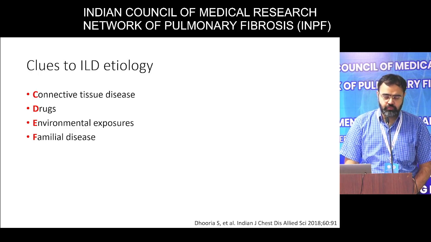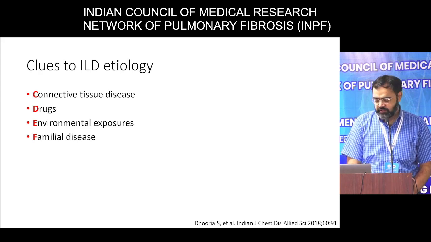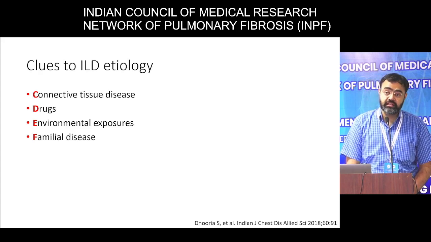So mostly we say that there are 200 to 300 kinds of ILDs, but the major ILDs can be reduced to 5 subgroups: sarcoid, IPF, CTD-ILD, HP, and other ILDs. So if you go ahead with the history of connective tissue disease, of drugs that can cause ILD, like a prolonged exposure to nitrofurantoin, to chemotherapeutic agents, to amiodarone, to methotrexate, so that would give you an idea of